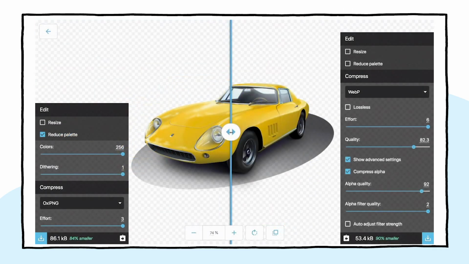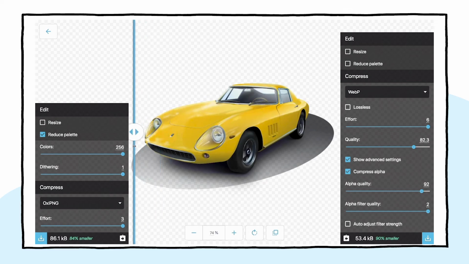So over in Squoosh, lossy WebP does a really good job of this. 53K. It's actually bigger than the SVG, but the saving in CPU makes this a better decision. And that's actually interesting, because that's something that Squoosh doesn't really allow you to quantify, right? The saving in the CPU. Yes, exactly. It'd be nice if we could find a way to do that somehow. But if it's struggling with this image, you notice how slow it loads, and you notice in SVG OMG how slow it is to resize. So that's a good signal.